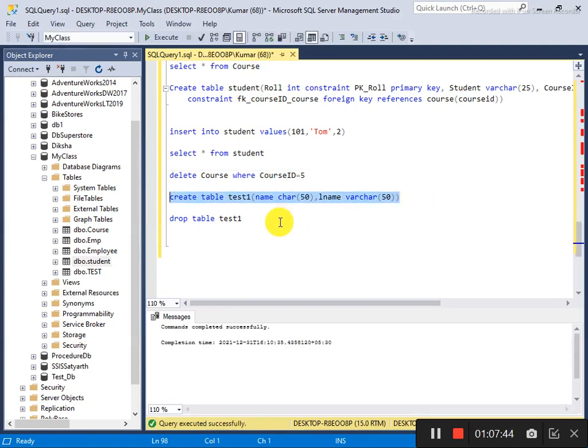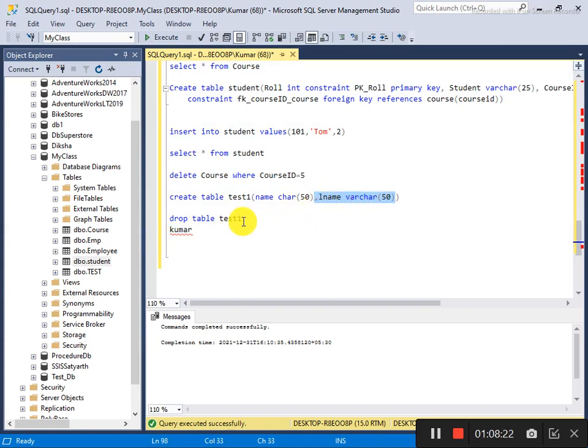When I say char, it means it will always take 50 characters. Whether it is a 3 or 4 character name, like Kumar, which is only 5 characters, char will always occupy 50 characters; the rest will be blank, so it always occupies a 50 character block. But for varchar, it releases all the unnecessary memory.